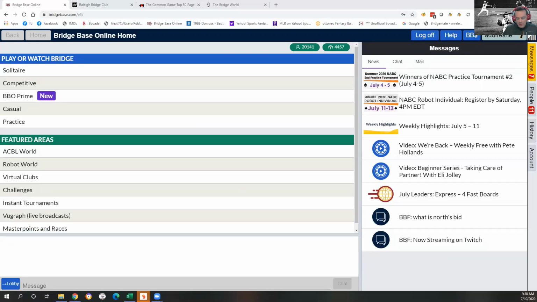All right, today we're going to do a video on hand review from the Thursday night Raleigh Bridge Club. This is July 9th's hands. They were the common game hands. And the screen I'm sharing with you right now, the tabs I have open for reviewing a game like this